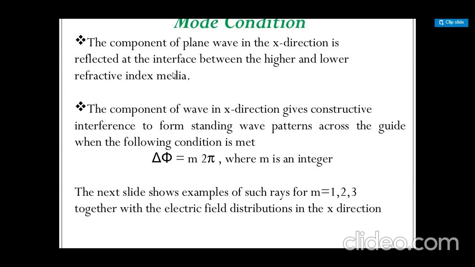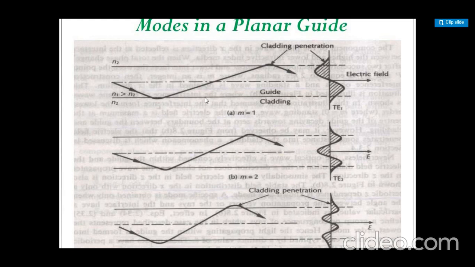So you can see here, we are passing one ray, a light ray. When m equals 1, it touches the cladding surface and comes back, and the electric field is penetrating on this end, right? Similarly, when m equals 2, it touches the surface but goes beyond that, taking more travel, and the number of electric field patterns increases, right? This is the TE1 mode for the electric field, this is the TE2 mode, like that. Whenever we take m values differently, we can see the difference in all these things when we want to find the rotation of it. So when we want to find the rotation of any particular part, we can do it in this way.